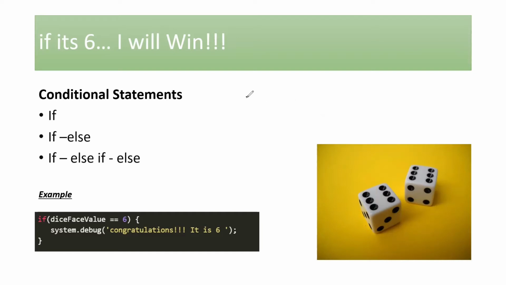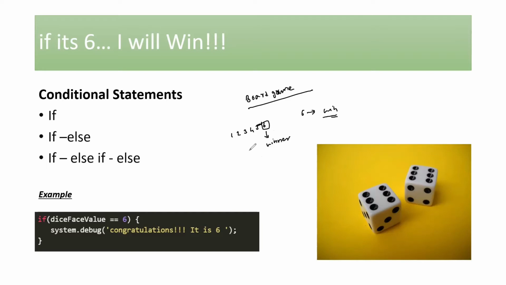Now let's say you're playing a board game. Now you are just 6 steps away. That means you need 6 on the die face to win the game. Now, if you roll the die, it could be any of these values that you might see on the die face. If you get 6, that is where you'll be declared as the winner. Now, if that is not the case, either you have to wait for your turn, or the other person might get a number which might make him the winner.